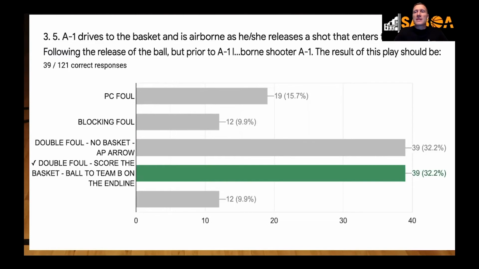If the ball did not go in, right? We have no team control on a shot, double foul, ball didn't go in, we go AP arrow. We're going to go alternate possession arrow because there's no team control. So on a double foul blarge situation, the status of the ball is going to determine what you do. Ball goes in, it's going to go to the other team. Ball does not go in, we're going possession arrow. We don't want these, I tell you, we don't want blarges, but they happen. By rule, this is what it is.